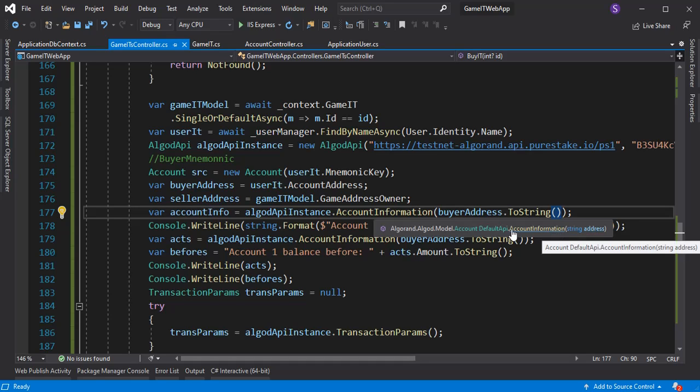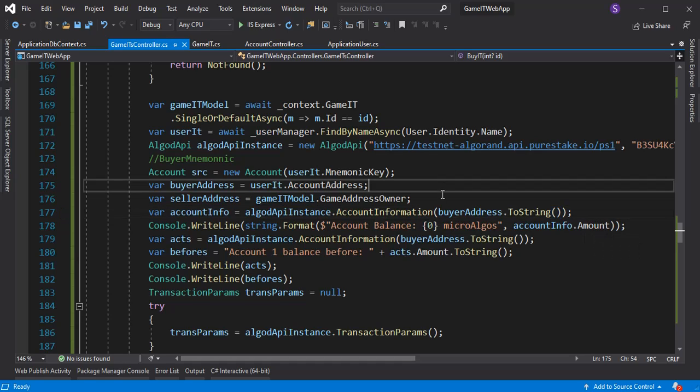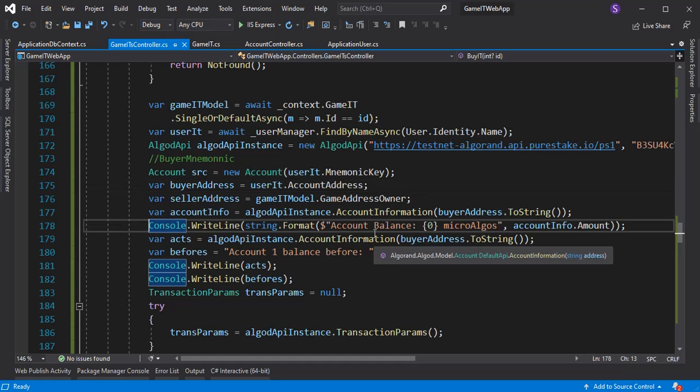So we can see a short information about how the account information works. We have a string and an address being passed. So that is what we have here, the buyer address dot string. Okay, so this console.writeLine will actually print out what the account balance is, but we're not going to use this